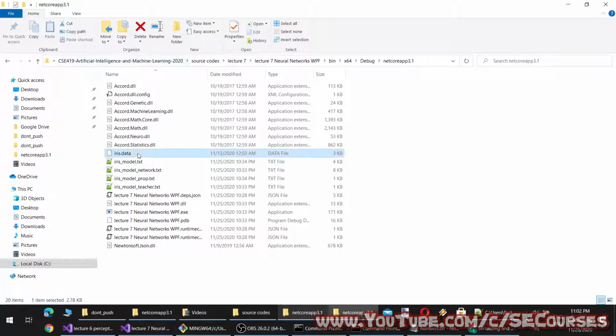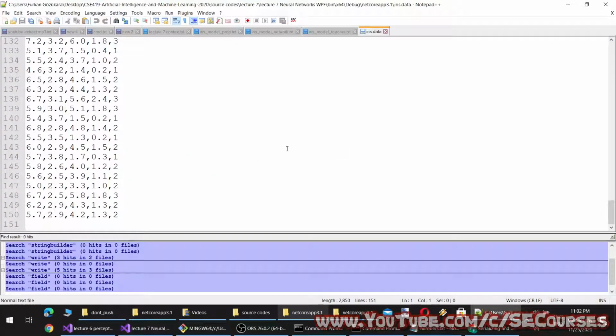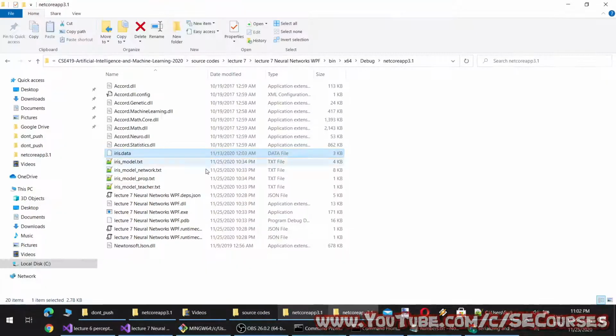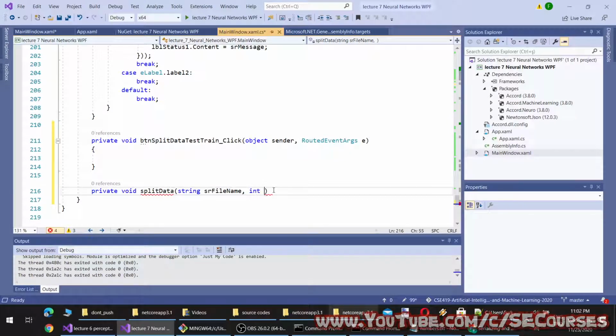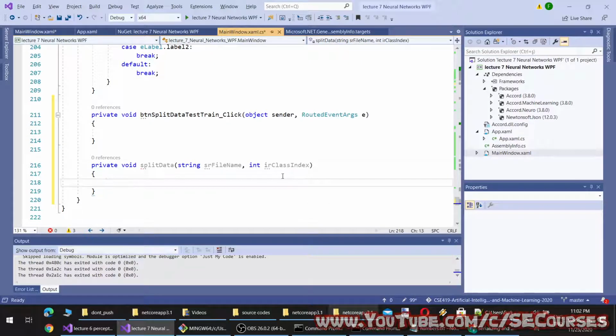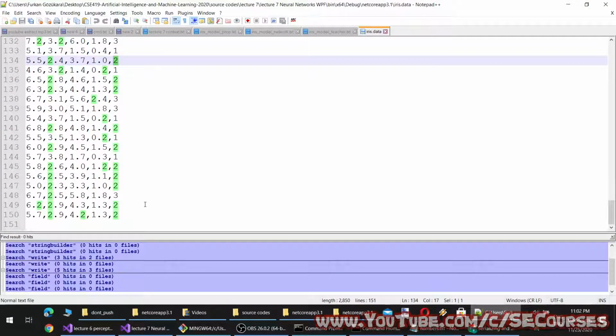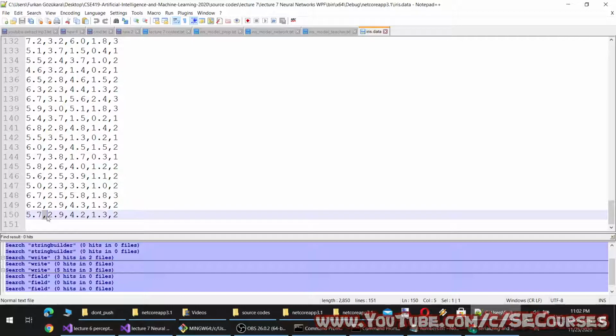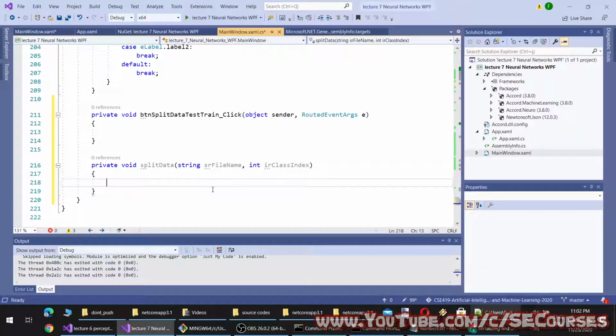And we have to also provide the class index to be able to split, and the data separator. Okay, one moment.